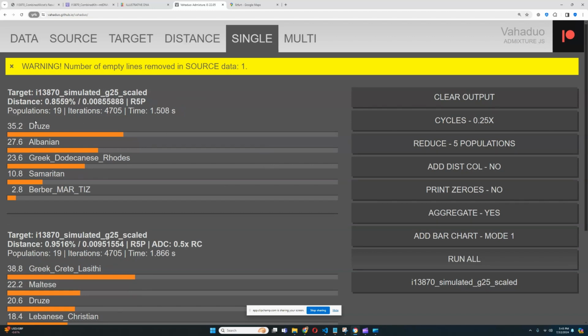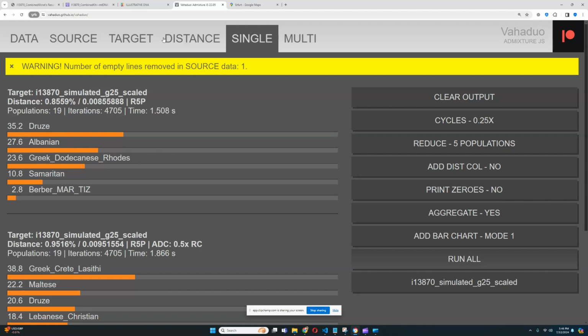They're scoring 35.2% Druze, 27.6% Albanian, 23. So what is the Middle Eastern component here? The Middle Eastern component is the 35% Druze and 10.8% Samaritan. If you add the 35.2% Druze plus 10.8 Samaritan, that together would be 47%. Right? No, 46% together. So this individual has 46% of Israelite DNA, and the rest is Southern European, which is very typical for Ashkenazi